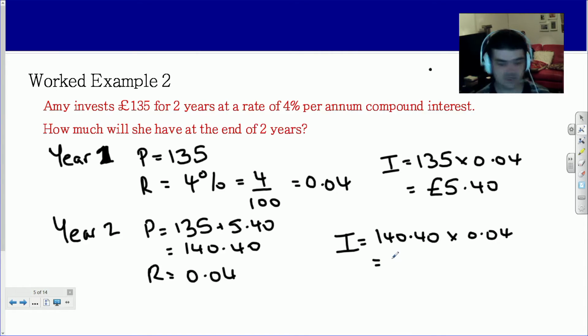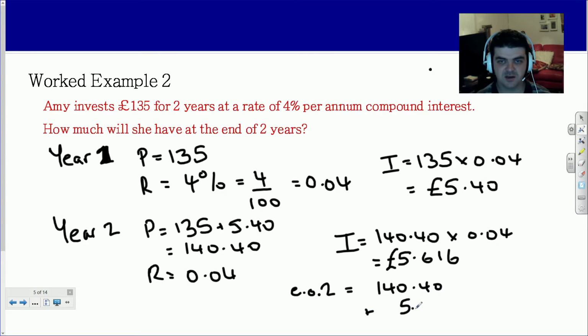And if I do that, I should get the wonderful sum of, as I look at one I've made earlier, 5.616. Now, there's something wrong with that little figure there, but we'll come to it in a second. We want to work out how much she had at the end of 2 years. End of 2 years, she had £140.40 plus the interest of that at the second year, which is 5.616. If I add those two together, I will get